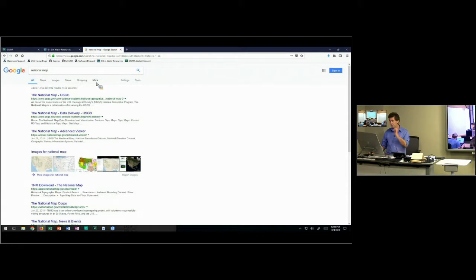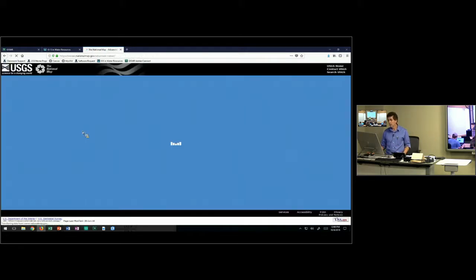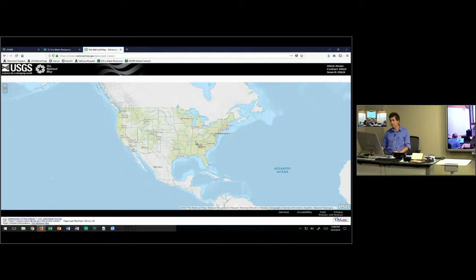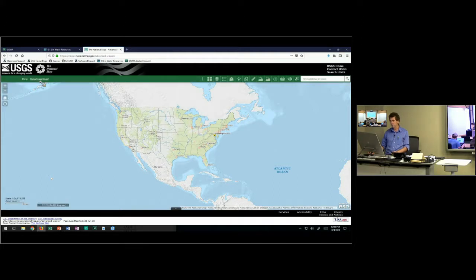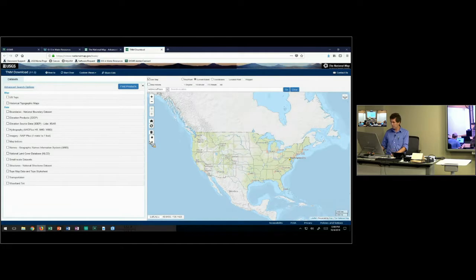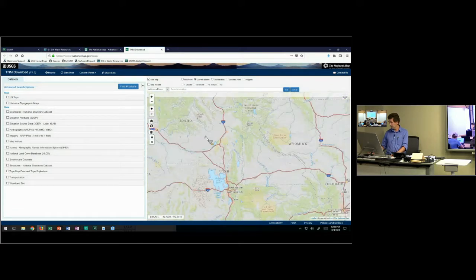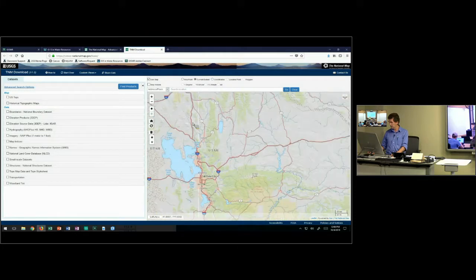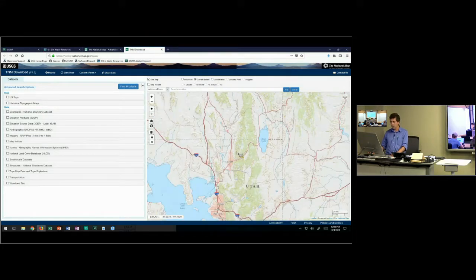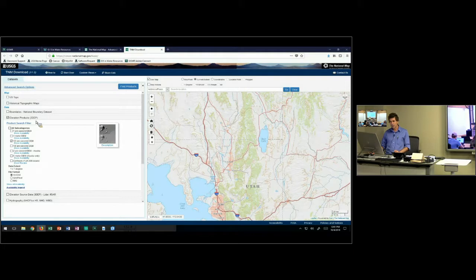So I can go to the National Map viewer, and I know right away that I'm going to be downloading data, so I'm going to go straight away to the data download, and I'm going to zoom into northern Utah. Get zoomed in around here, and I'm going to be getting elevation products. So you can actually read about them all, but the 3D Elevation Program will then show me that there is